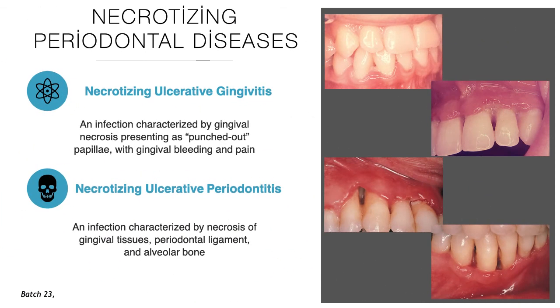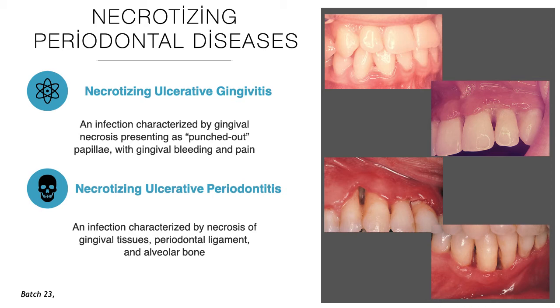Next disease is necrotizing periodontal diseases. The necrotizing periodontal diseases are no more called an acute disease because it is going to be there for a longer time. It is not happening on a single day, so the term acute has been removed from the year 2000, after the American Academy of Periodontology 1999 classification. The term acute necrotizing ulcerative gingivitis has been removed and it is called necrotizing periodontal disease. Basically it is classified into necrotizing ulcerative gingivitis and necrotizing ulcerative periodontitis.